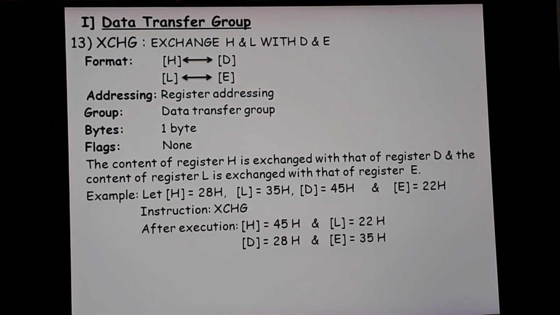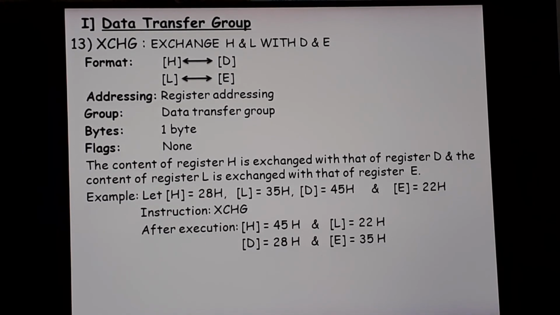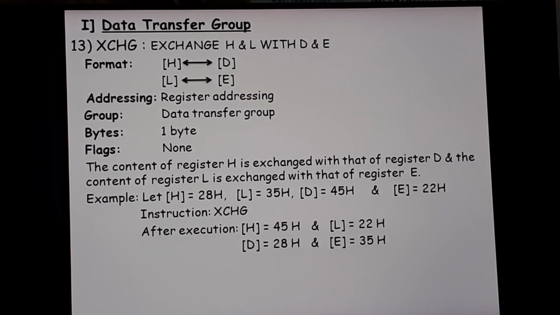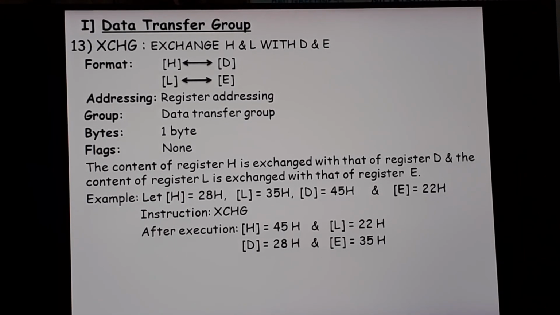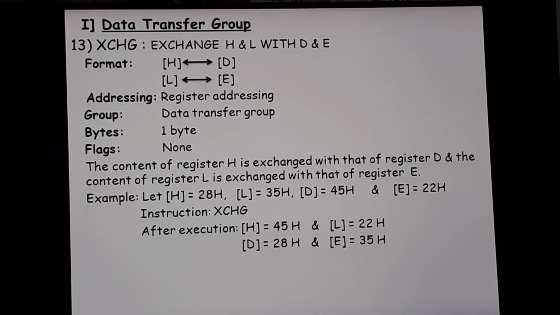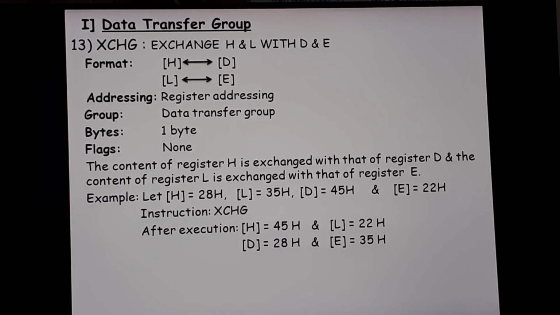Okay. So this was the exchange instruction, and this was the last instruction in this particular group. In the next video, we'll be continuing with the same chapter but with the second group, that is the arithmetic group. We have a total of 5 groups. Okay, this was the first group. So this is a very lengthy chapter, and I hope you all are studying and have completed the first group. Then only you would be understanding the second group. Okay, thank you students.